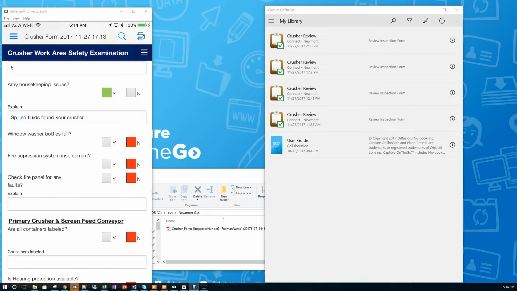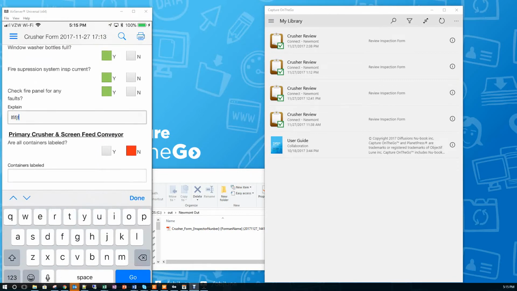So here we're using the audio capabilities within the device, and we're calling on that as an option. It would depend a lot on the device that you're using, but many devices have dictation capabilities now, and we can call on those. So here it says window washers, bottles are full, yes, etc. As we work through these, I can continue to fill in information. I could, of course, type it in as well,